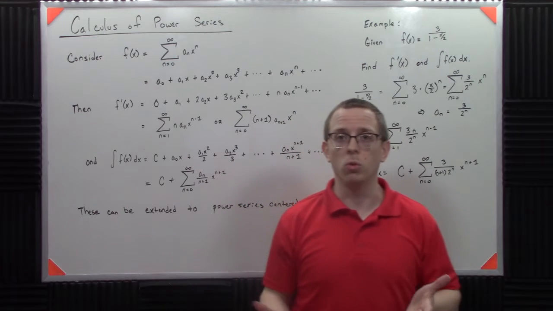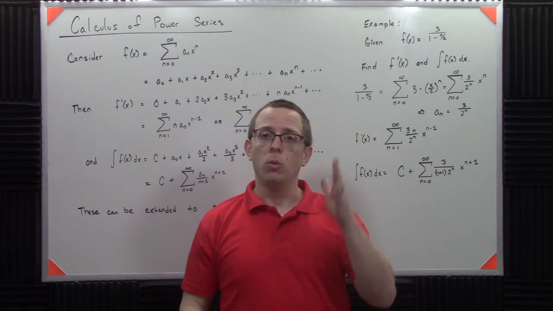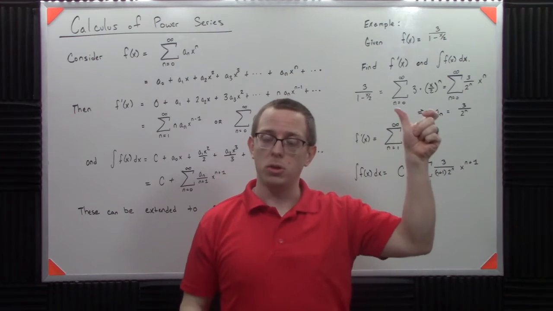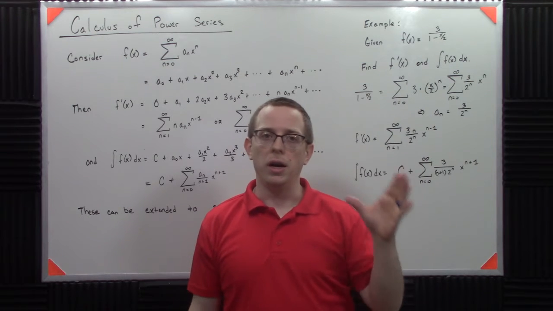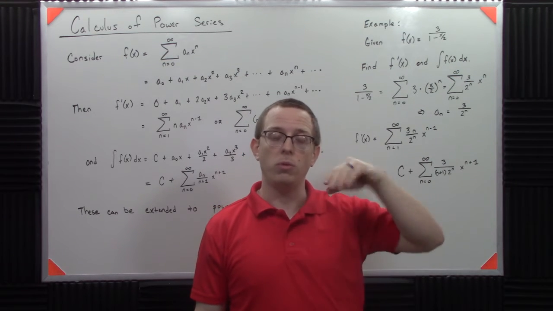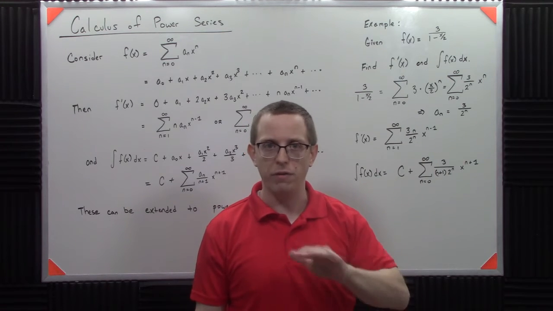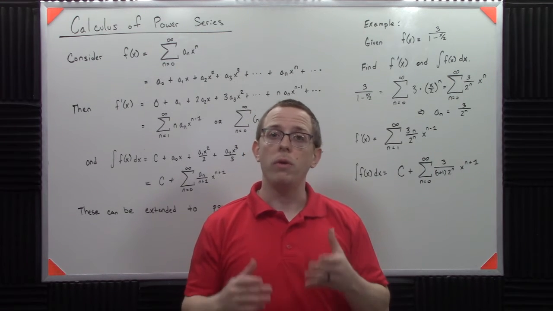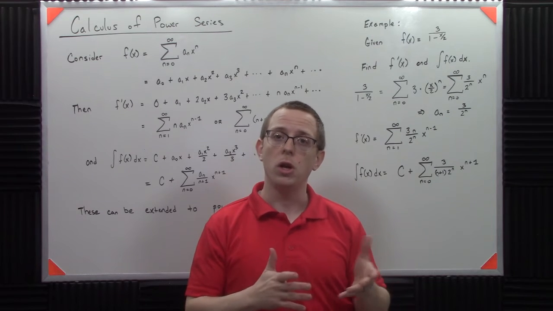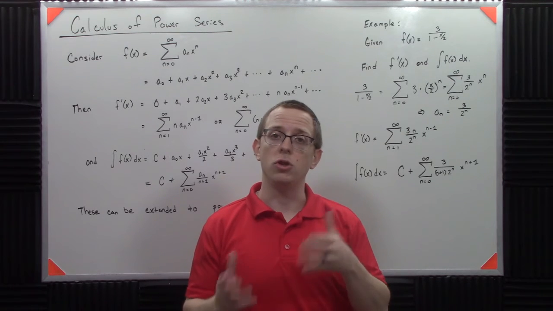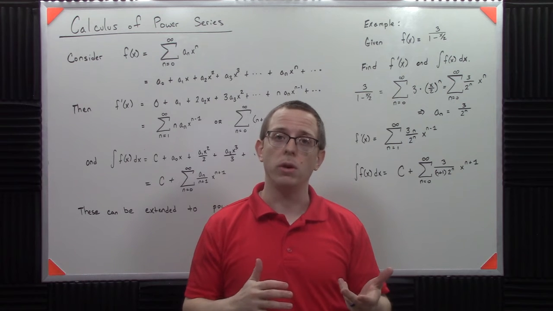It's always the power rule. If we take a derivative, we just bring down the power and subtract one from it. If we take the antiderivative, we add one to the power and divide by the new power, right? Polynomials are very, very easy to deal with. So if we have a power series of a function, we can easily find its derivative or its antiderivative using